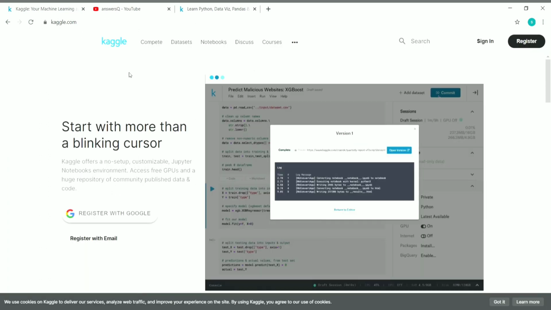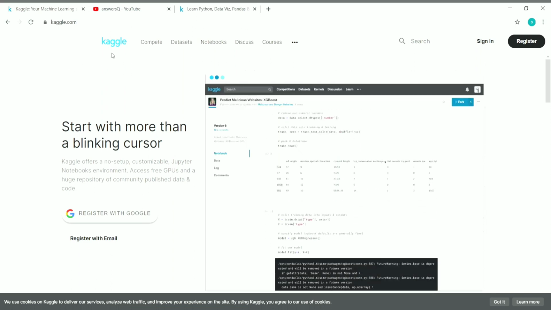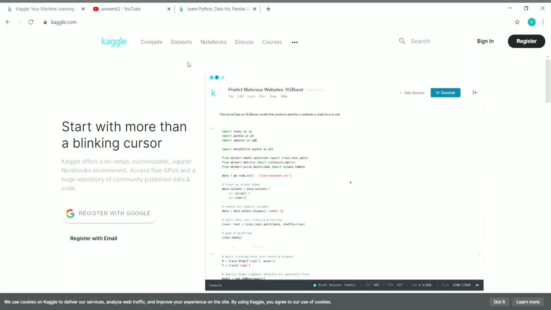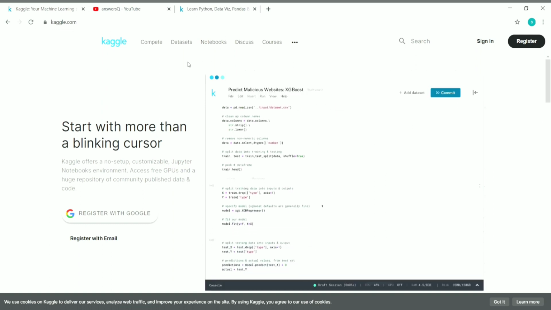Kaggle is basically a subsidiary company of Google, which means Google owns this company. Kaggle offers a lot of different free courses for which you can also claim your free certificate after completing the courses. In addition to the courses, they also list out the jobs and internships related to what you'll be learning in their platform in and around the world. So you can just look into it. I'll show you everything. And they also conduct some competitions in which you can participate and you can also win some prizes and cash money.